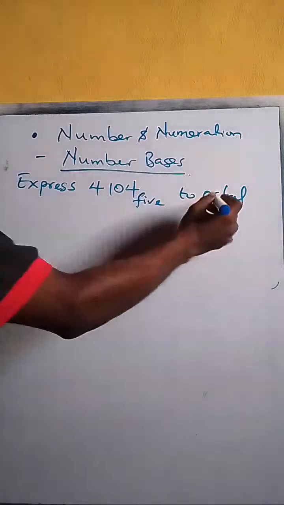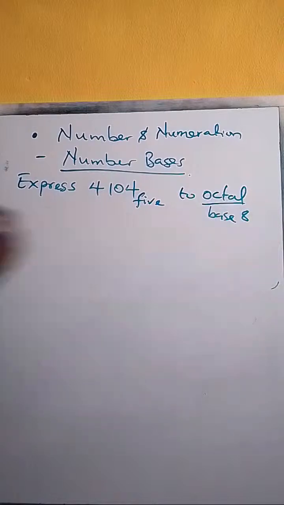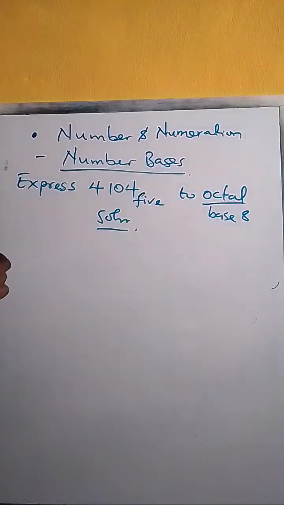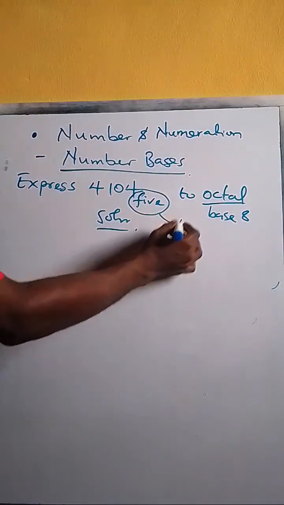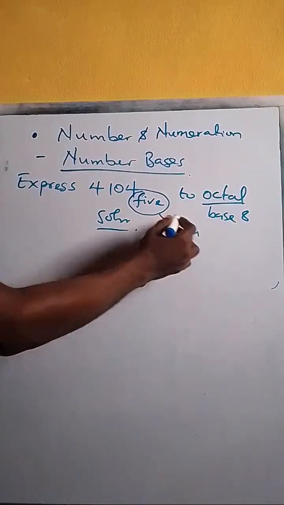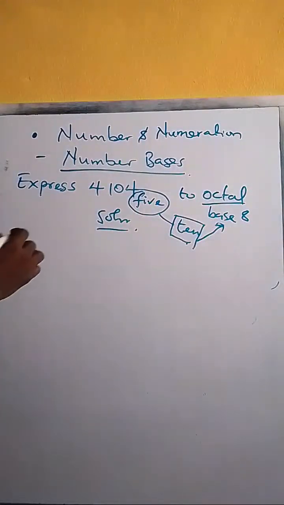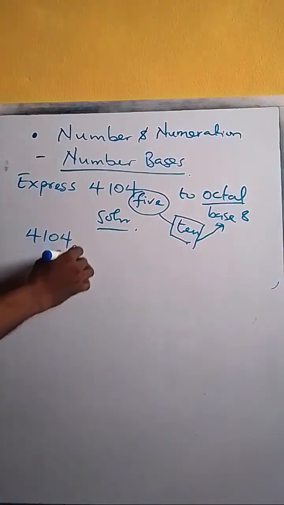And what is octa here? Octa is the same thing as base 8. Now, we want to change from base 5 to base 8. Solution: we can't go directly from base 5 to base 8. We need to change base 5 first to base 10. Then, after changing to base 10, we can change from base 10 to base 8. That means the first step is that we change 4104 from base 5